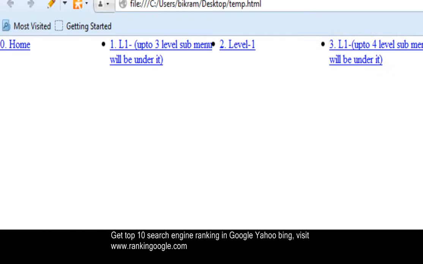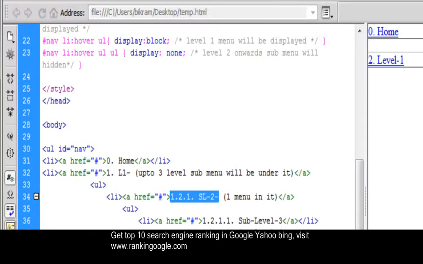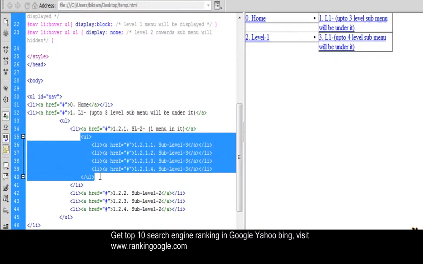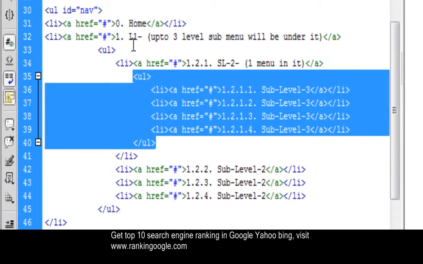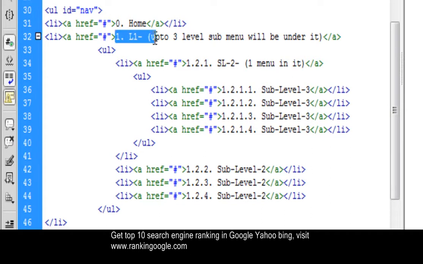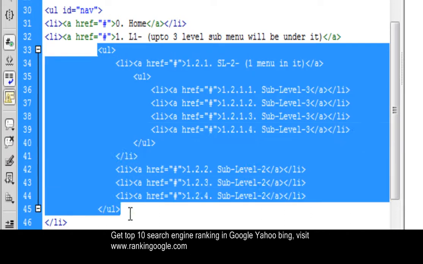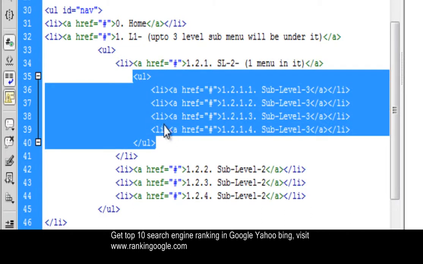Sorry, I have got some cold. My objective is to make it visible. So what shall I do? This ul block is a submenu, and this ul block is another submenu under this submenu, under this item.